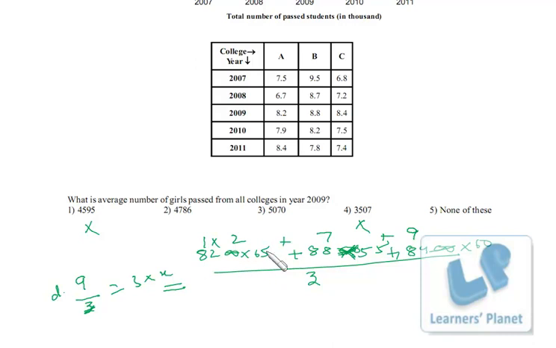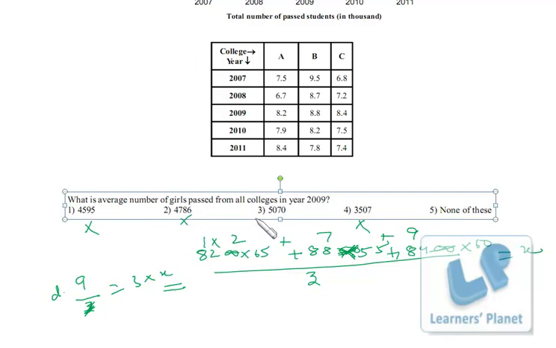I'll just explain once again. See, the numerator is a multiple of 9 divided by 3. So I just take 3 from here, and 3 into x I put it like this, right? So 3 into x, that means our answer must be a multiple of 3, then only will we ultimately get this as a multiple of 9, right? So we see 8 and 6 14 plus 4 18, it is not a multiple of 3. 7 plus 5 12, it is a multiple of 3. So 5070 will be the correct answer. No need to calculate further.